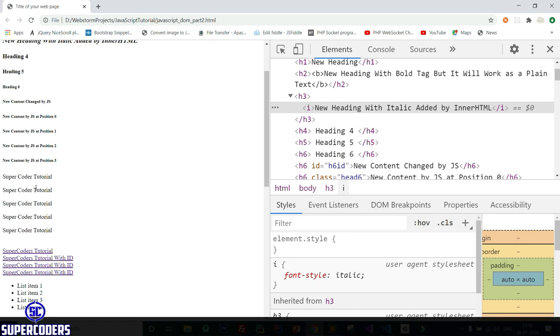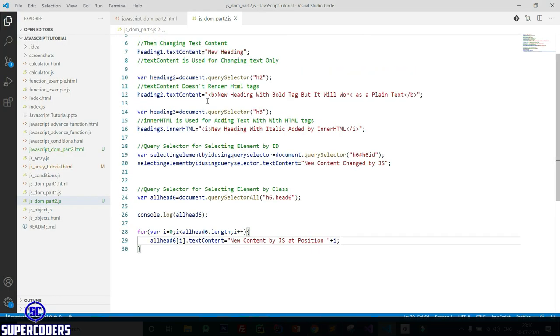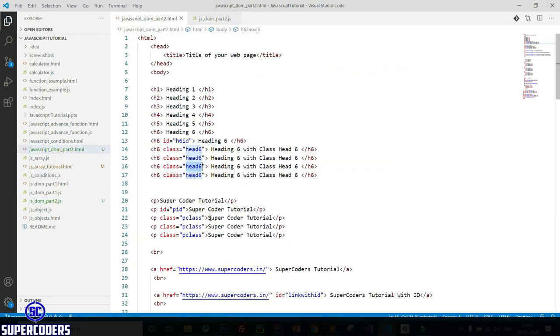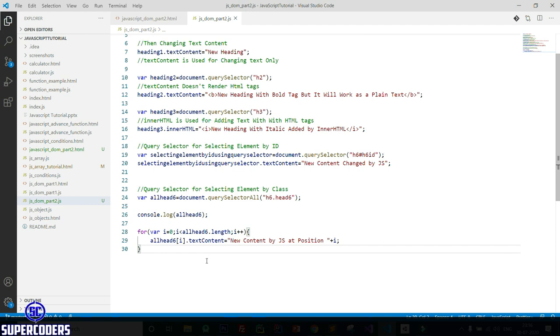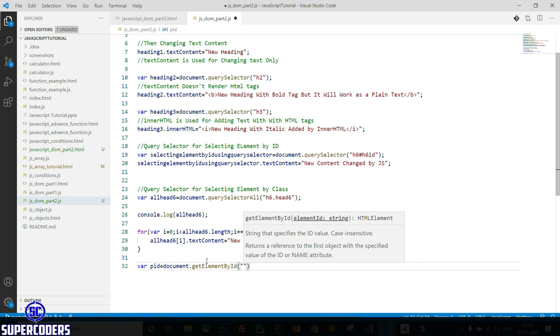So let's see. First come here, then in the p id copy this. So let's access this, where pId equal to document.getElementById and pass the id.